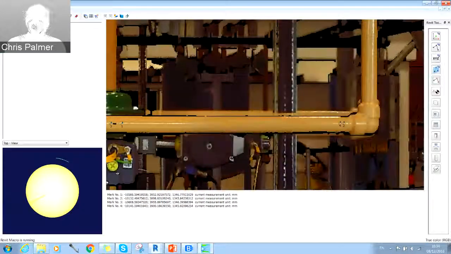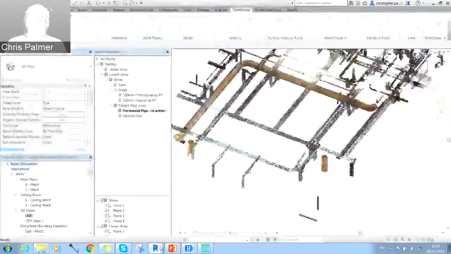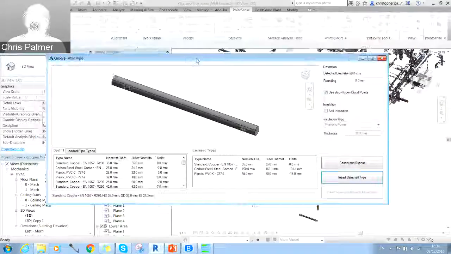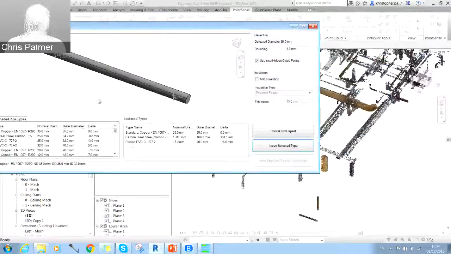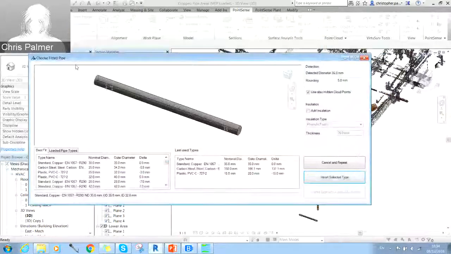You can see the screen's flashing slightly. Obviously, it would be better to have two monitors here now, but it's sending that coordinate to Revit. We go back into Revit, and what we have is this particular pipe. Now, obviously, because we've got that part of the point cloud hidden, it's not giving us that point cloud overlay, but it is finding the same detected diameter, which we know is correct,